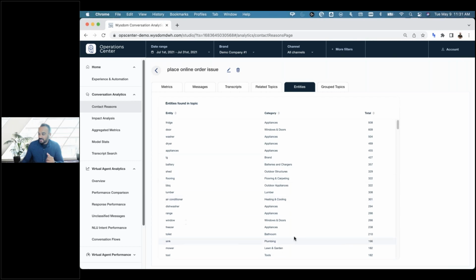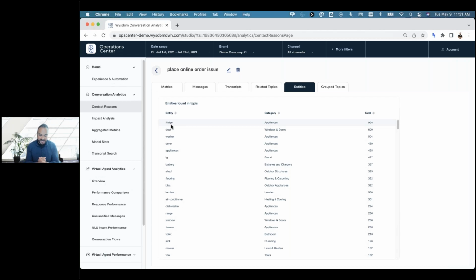This is my list here of entities. These entities might automatically be detected, or they might be configured. So if you're from the telco space, I see some of you, you might be interested in devices or products. You might be interested in lines of business or services, whether you have a wireline cable service or a wireless service. You might be interested in pulling out some of these entities and reporting on them. In this retail example, the entities are essentially product categories, and in some cases, brands.